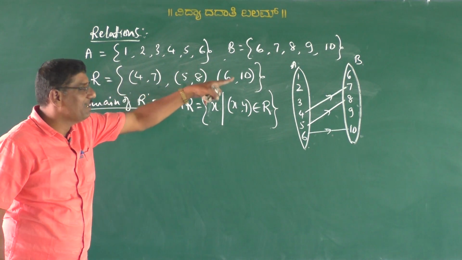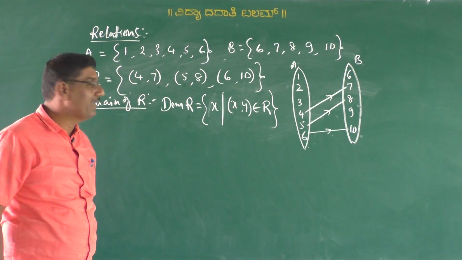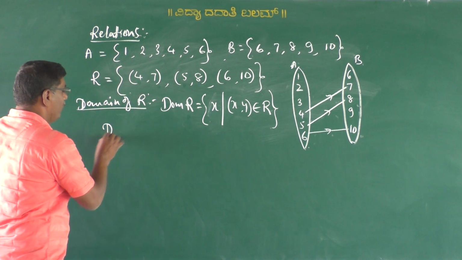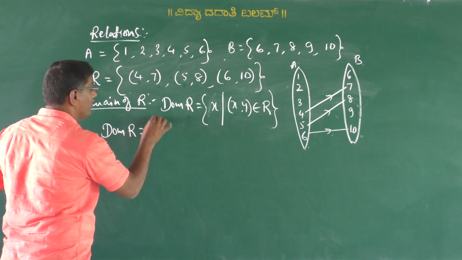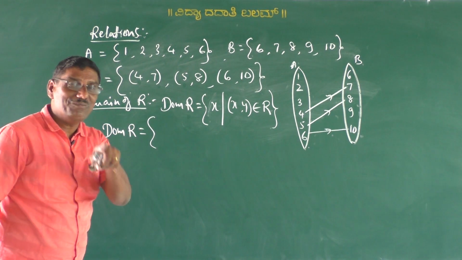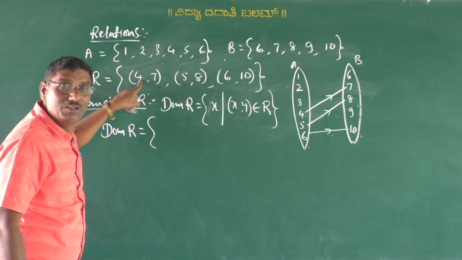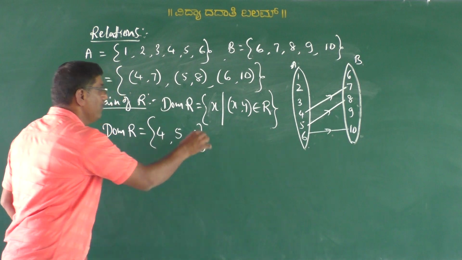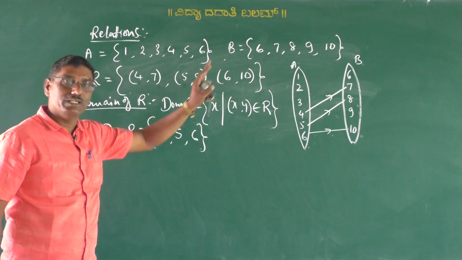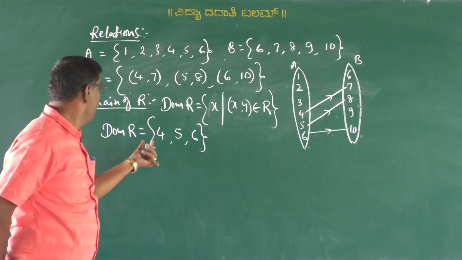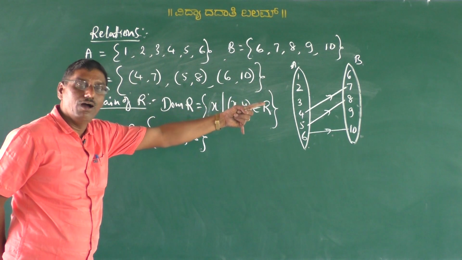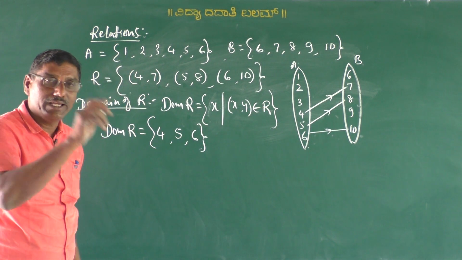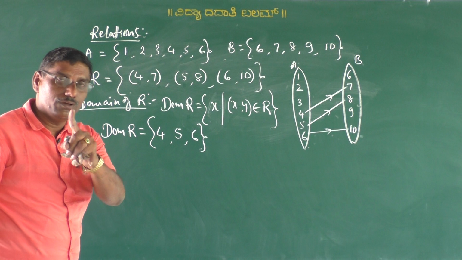Now, from this example, the domain of R is equal to the set of all first elements of the ordered pairs, that is 4, 5, 6. Am I correct? 4, 5, 6. That is the domain of this relation R. Are you understood, all of you? The second one is